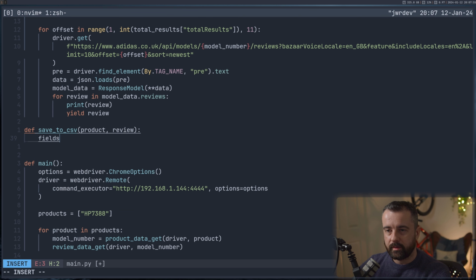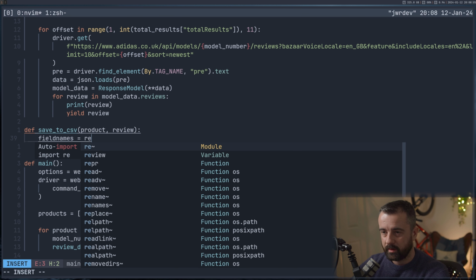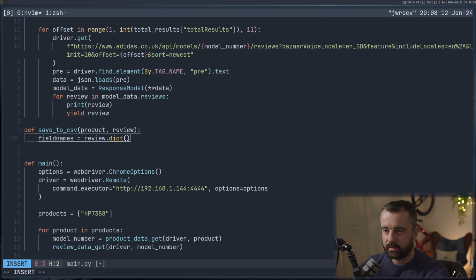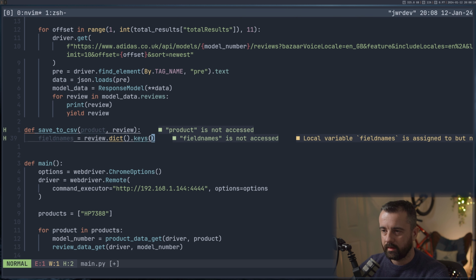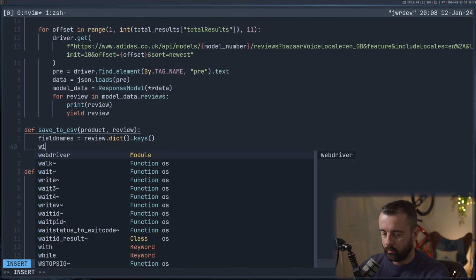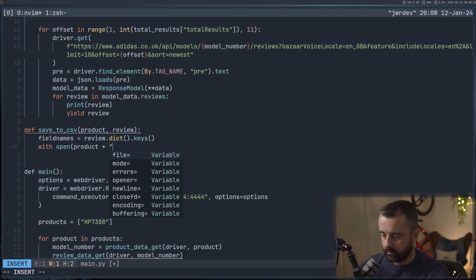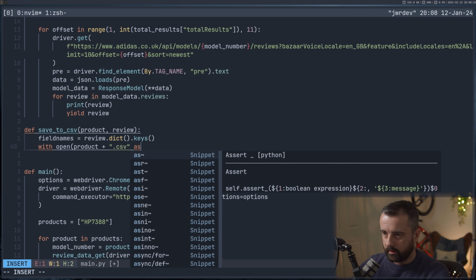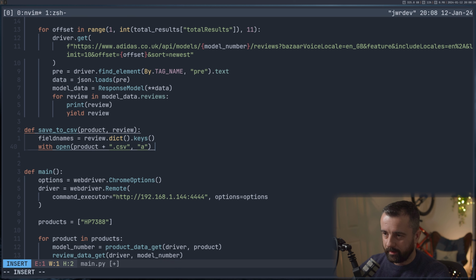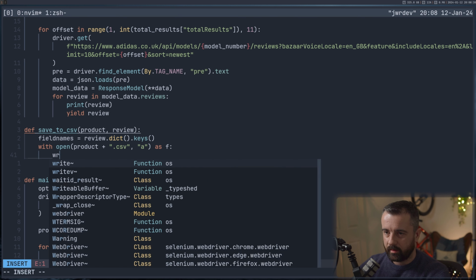So as we're going to be using the dictionary writer, we'll need to have field names, and we're not actually going to use them. You could mess around and create it that way if you wanted, but just for simplicity, I never bothered. So we'll do review.dict.keys like this, and then we can do with open and product, which is the product name that we're going to pass in, and we want to do .csv, and we're going to open this in A for append, as F,